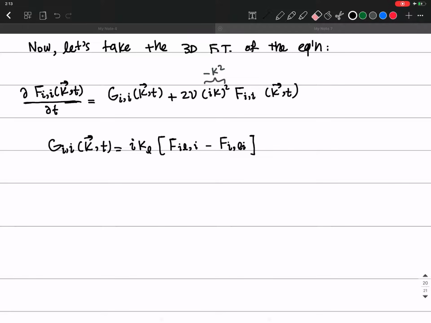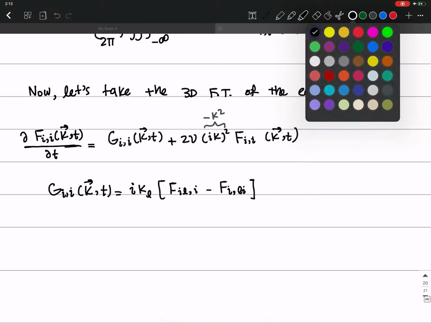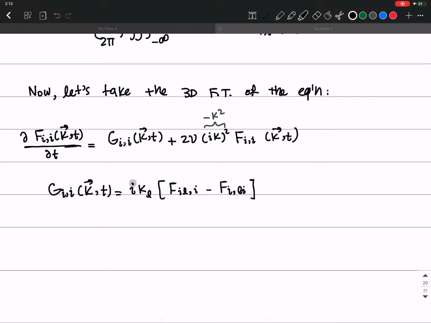As you see, now we don't have any derivatives anymore, except partial t, which I keep because I want to talk about it. Except for that, all the other terms don't have any spatial derivative. So we got rid of those partial over partial r's, and we got to this simple equation. So the next step, which I will do in the next lecture, is to further simplify this equation by defining a 3D spectral function,